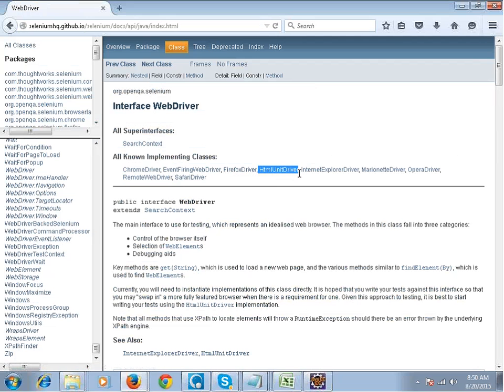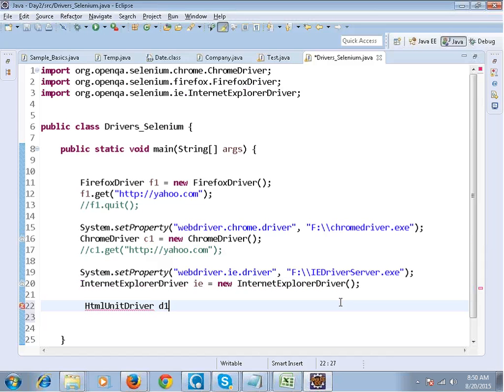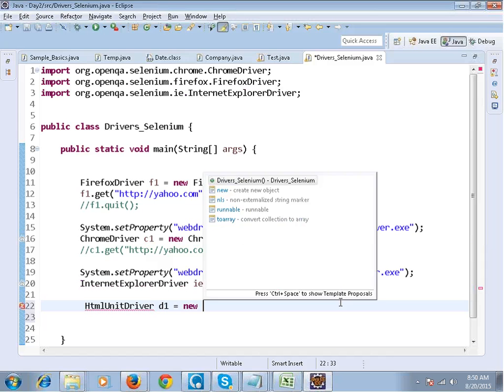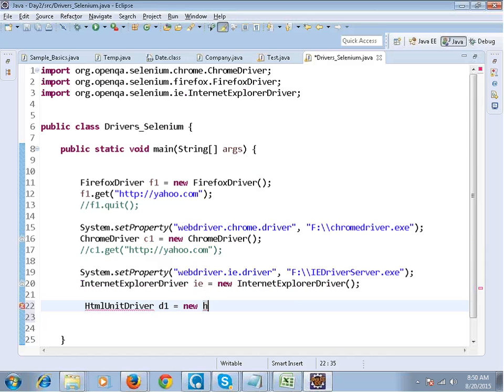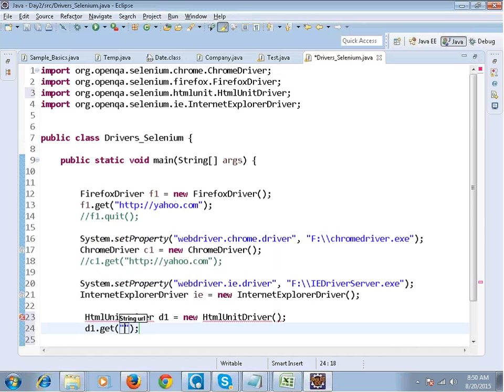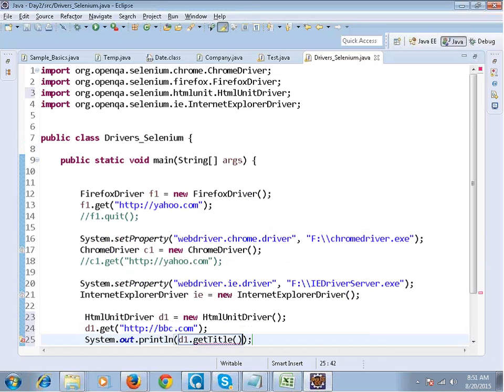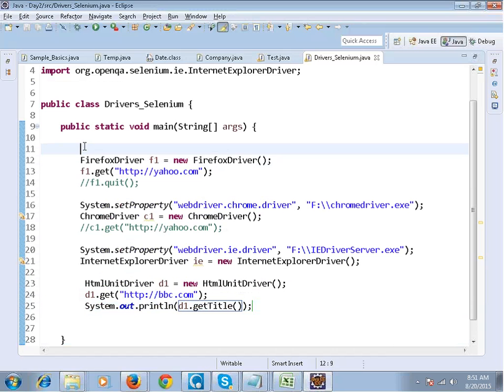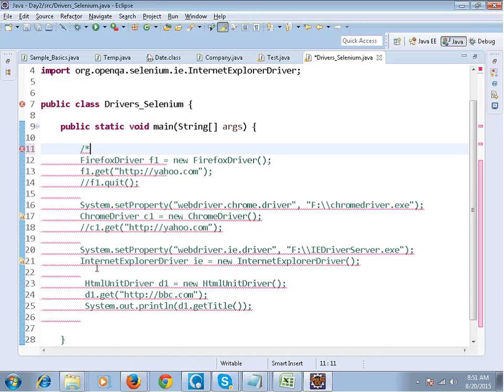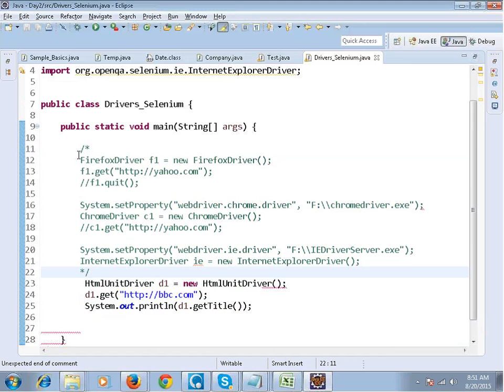There is one more, HTML unit driver. This is interesting. If I create the object of HTML unit driver, d1 equals new HTML unit driver, and if I write d1.get, go to the URL http bbc.com, right? System.out.println d1.get title. Get title is the function which will get you the title of the page, right? I can comment the complete code from here to here